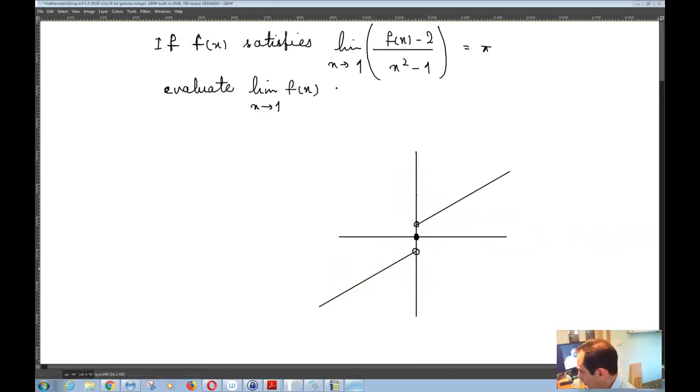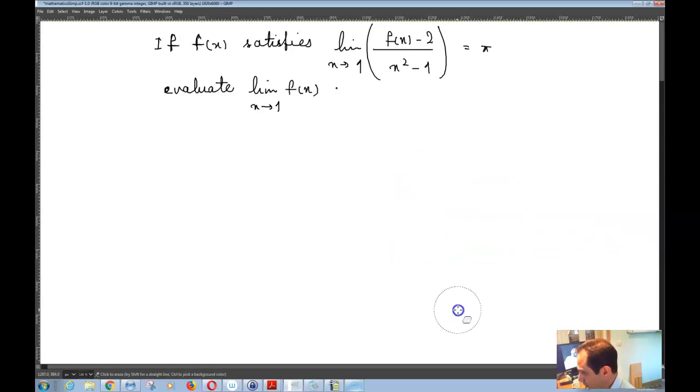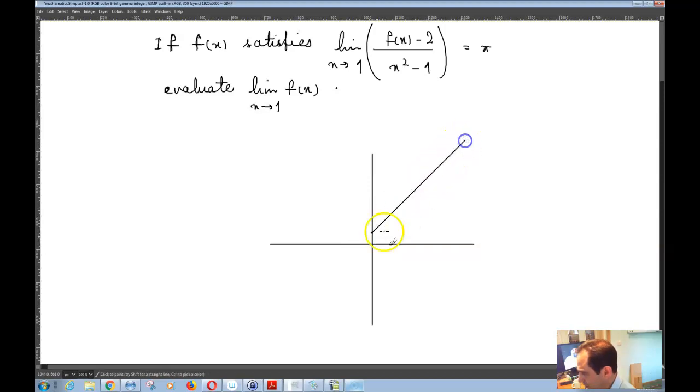But if you had something like this, if you had some situation like this, for example, this function over here, you can see that you have two parts. Let's say for x less than or equal to 0, the function is this, or x greater than 0, it's this part. Now you see that at this point the function is not broken, and so the limit does exist at x equal to 0. Okay,